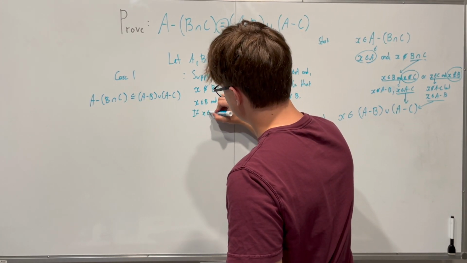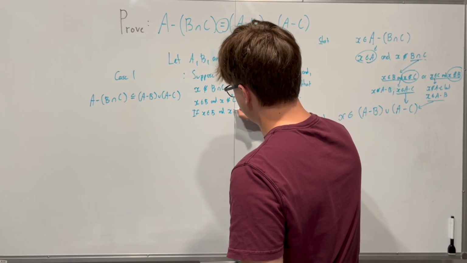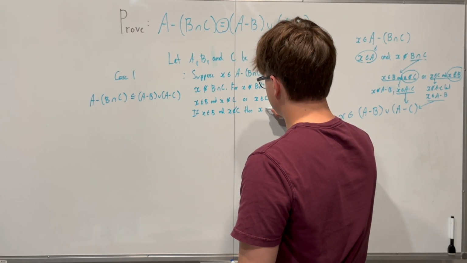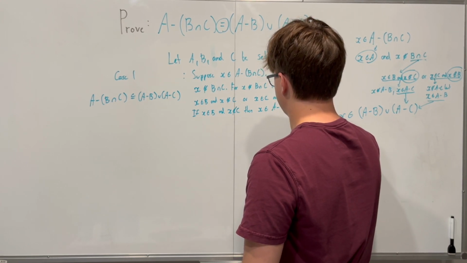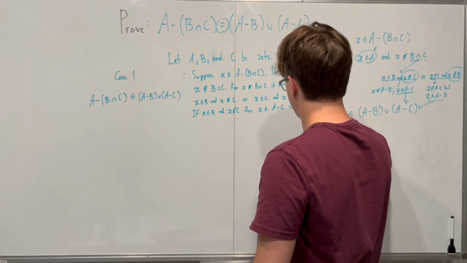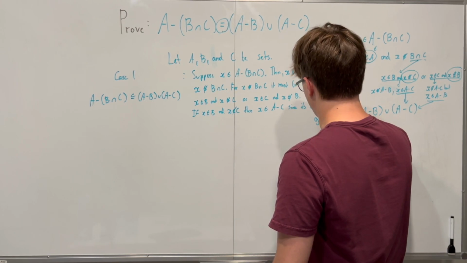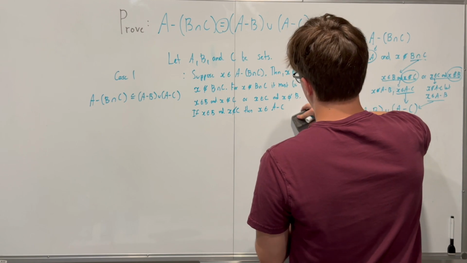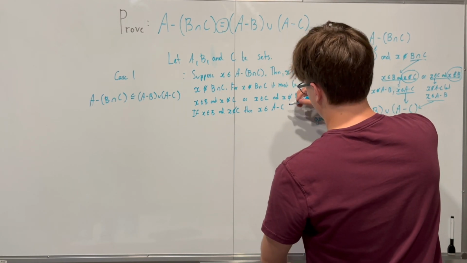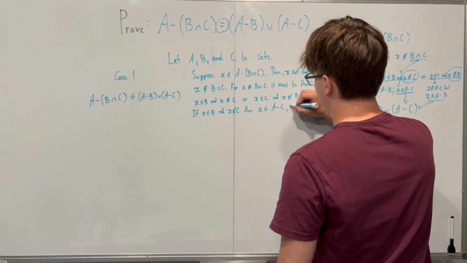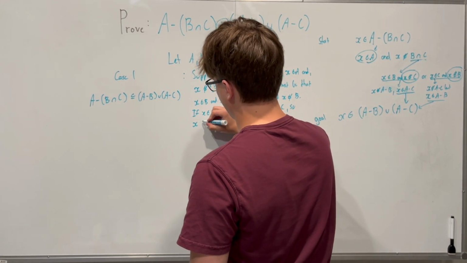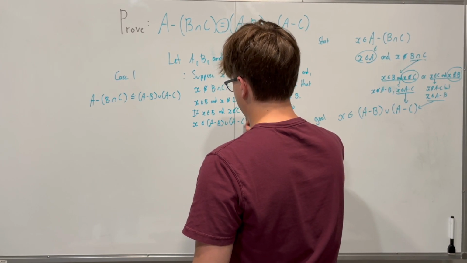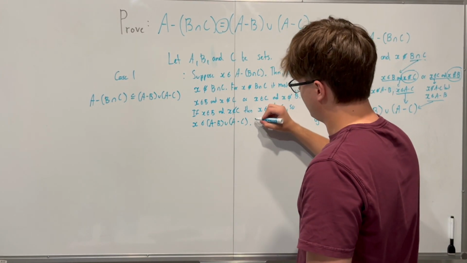We say, if x is an element of B and x is not an element of C, then x is an element of A minus C since it's still an element of A. We can then say that since it's an element of A minus C, x is going to be an element of A minus B unioned with A minus C. Fantastic. And now we can say